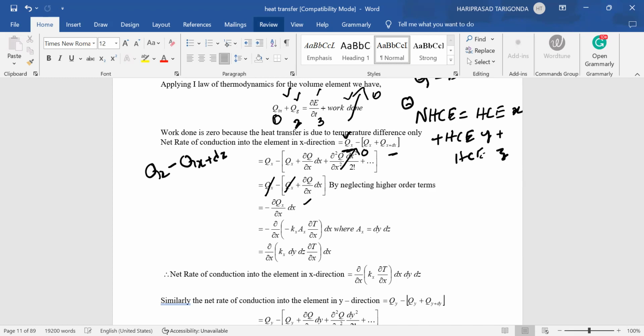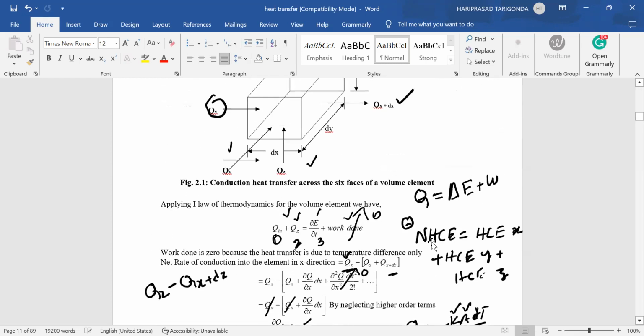So according to Fourier equation, we know that q is equal to minus kA ∂T/∂x. Since it is only one variable, ∂T/∂x along that x direction. So here k is the thermal conductivity, A is the surface area perpendicular to the heat flow direction. So in x direction,